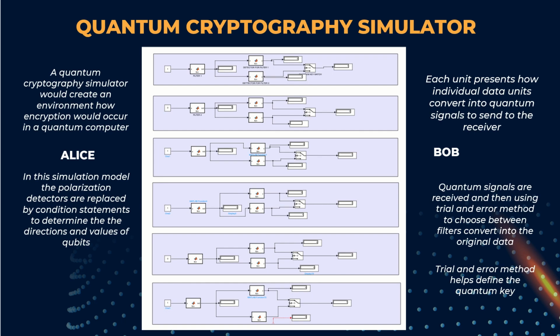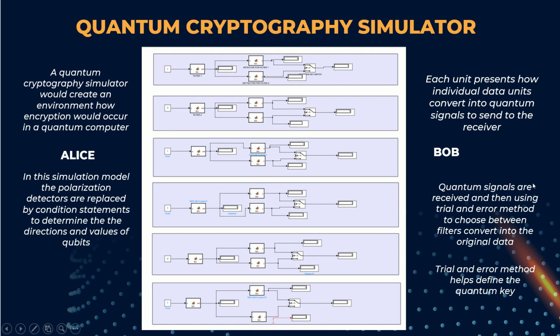So this is the example we're going to use in our quantum cryptography simulator. Basically, the simulator is creating an environment of how encryption would occur in a quantum computer. And in the simulation model, instead of polarization detectors, we are replacing them with some condition statements that determine the direction values of the qubits. So each of these units present here